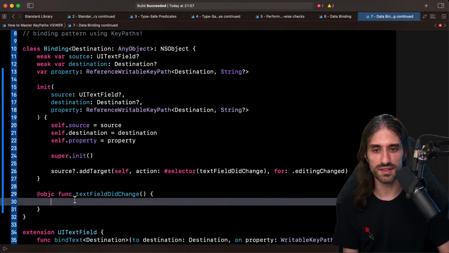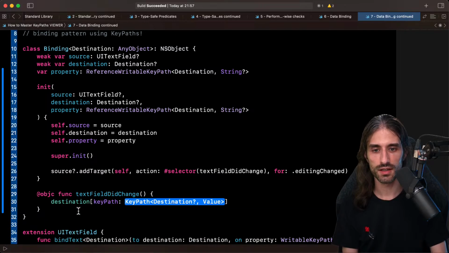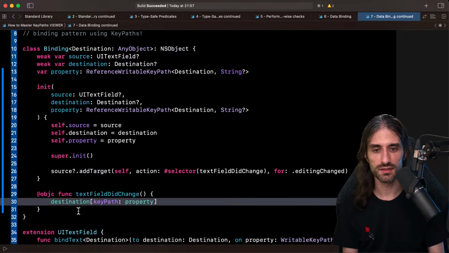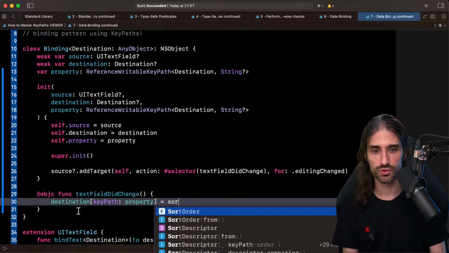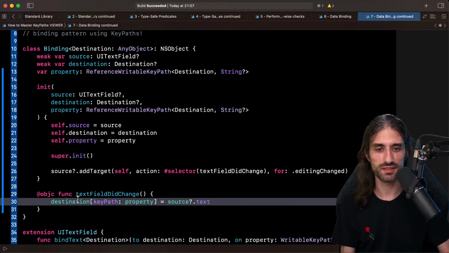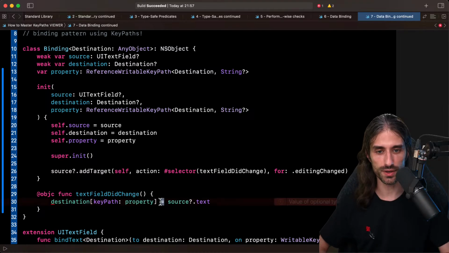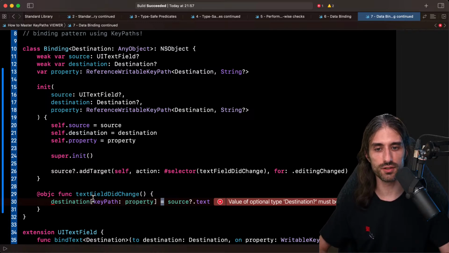And so what do we do in textFieldDidChange? We update the property on the destination according to the source. So we're gonna do destination[keyPath: property] = source.text, where source is the text field. And as you can see, it's the first time we use a key path to write to it. And I told you in the beginning that key paths were equivalent to both getters and setters.